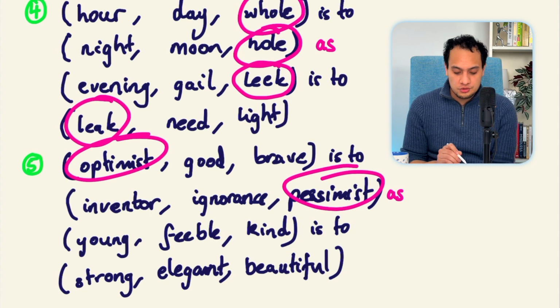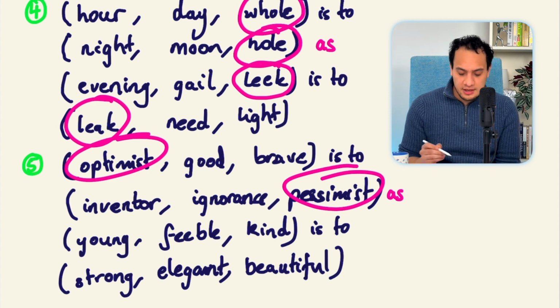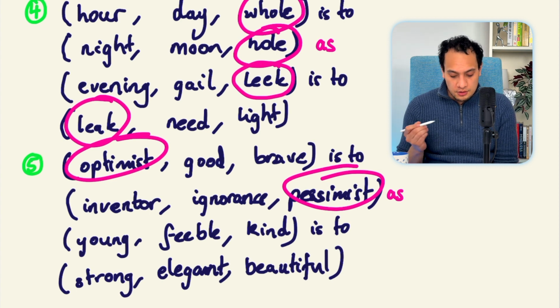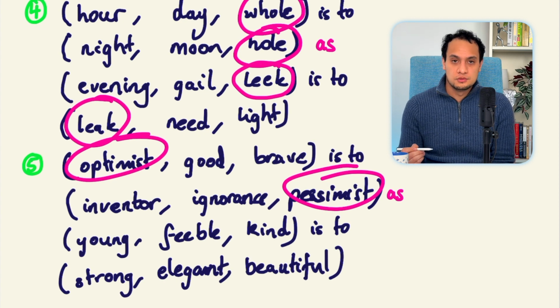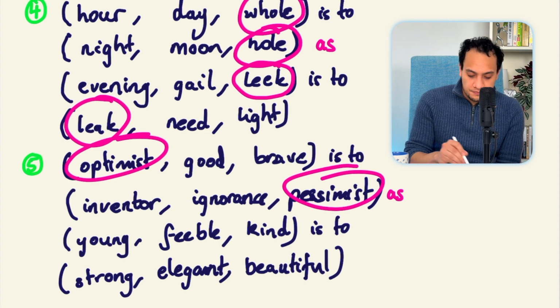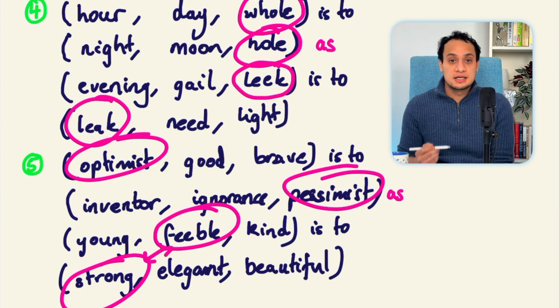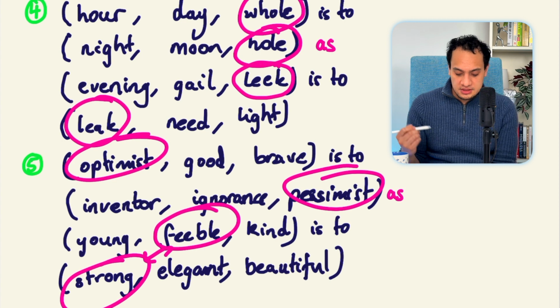You've got feeble and strong. They're actually antonyms. Feeble means weak, and then you've got strong. Feeble and elegant, again, they don't necessarily come together. You've got feeble and beautiful, they don't necessarily come together. You've got kind and strong, not necessarily coming together either. You've got kind and elegant, they don't necessarily have that strong of a relationship. And you've got kind and beautiful, they might be characteristics shared, but again, they're not a very strong relationship. So feeble and strong are antonyms, as are optimist and pessimist, and that's why the answers are optimist, pessimist, feeble,